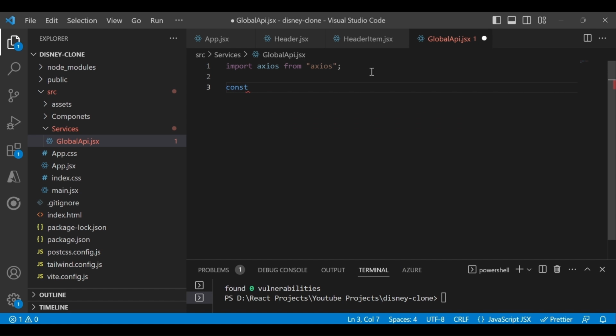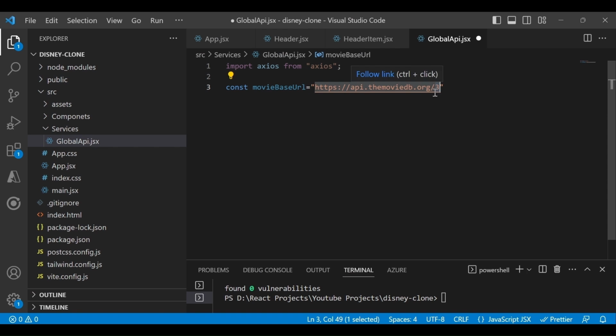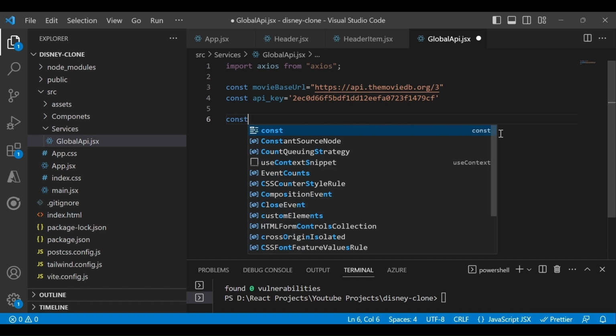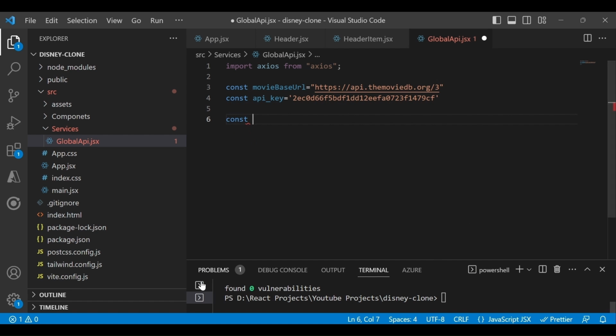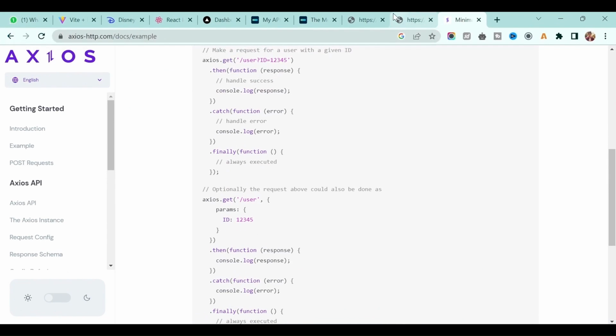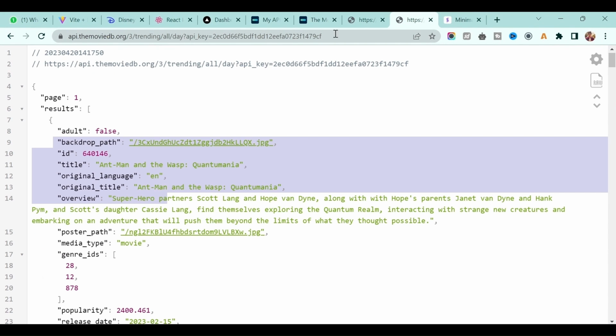So I will create one constant called movieBaseURL, and I will just paste that movie base URL. So this is the movie base URL. The 3 is nothing but the version of that particular API. And also I will paste the API key which we need for our application. Now let's add the constant, and if you go back to the API, trending all day videos,